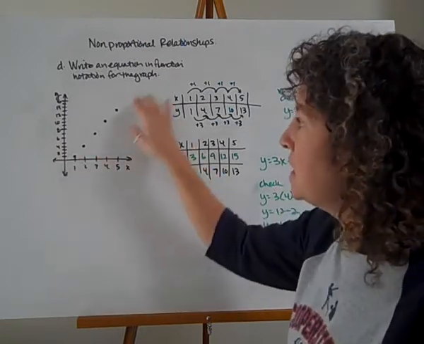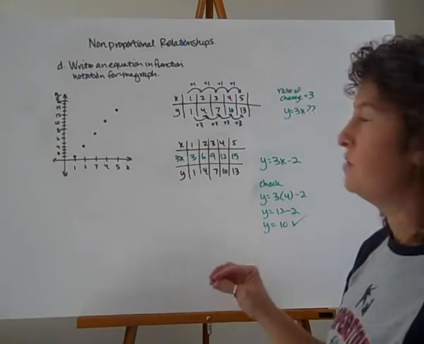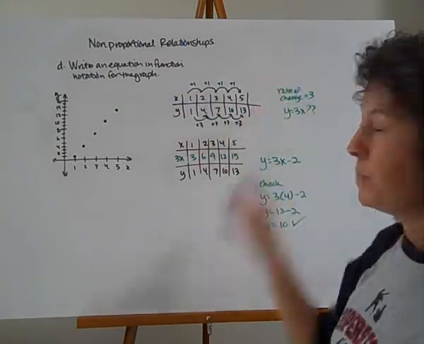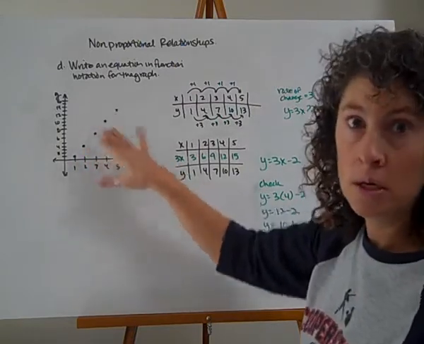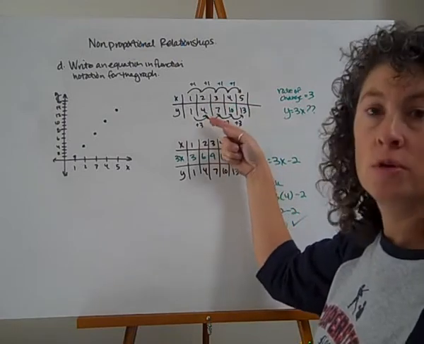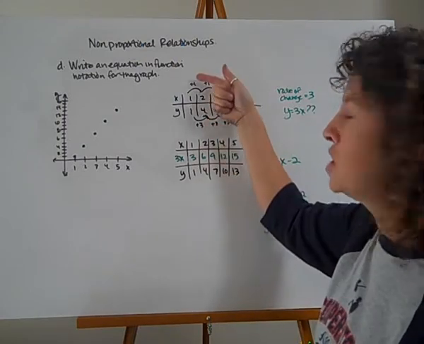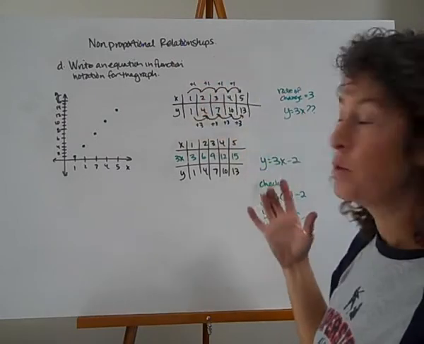But since it is linear, we can still talk about the rate of change. So we're going to start by finding the rate of change first. So I'm going to plot out my points here and figure out what the table is. And we could also do this as the rise over the run here in my graph. So I come up with a rate of change in my y's is 3, and a rate of change in my x is 1. So again, if I do 3 divided by 1, I get 3 every time.